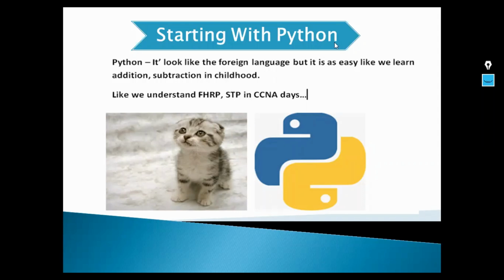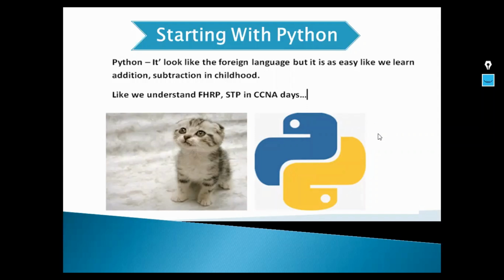So we were talking about Python. I was telling you that Python is coding, but this coding is not so difficult that we cannot learn it. We can learn it. We can use the Python language to automate our network, and I will let you know how it works and how it does not. In later sections, I will let you know about each and everything.